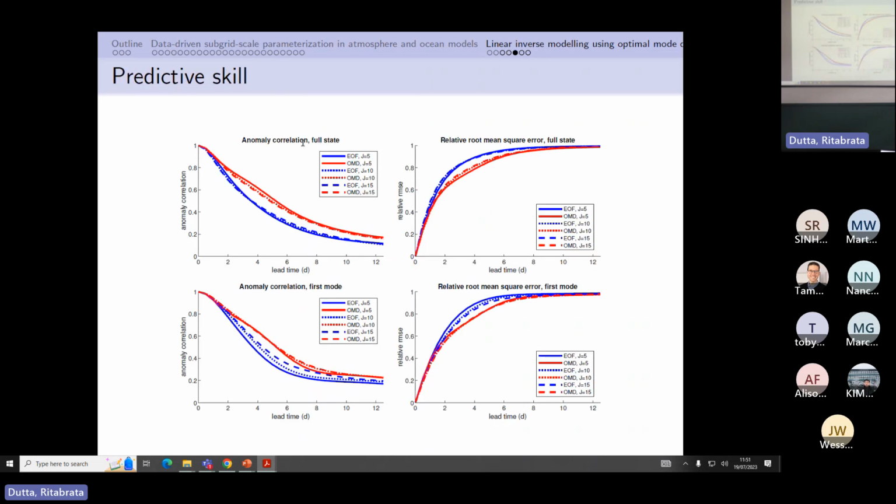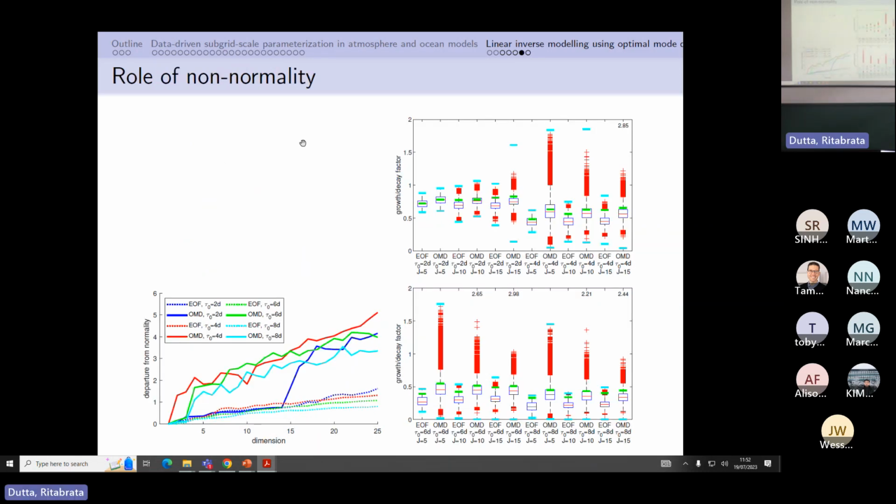That's the prediction now. If you iterate this model, it predicts the state. That's what you get, anomaly correlation and root mean square error. The red stuff is the OMD, the blue stuff is the DMD. Particularly at 4 or 5 times lead time, it's a huge improvement, really. It really predicts much better. It's just the leading mode, and it's always about the same. And then last